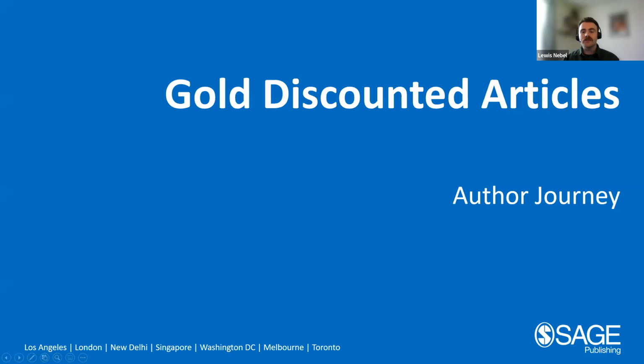I'll now go on to the gold discounted articles. So these are in fully open access or gold journals. This provides a 20% discount on the article processing charge. And as Romy says, the information about which countries are eligible for which discounts and waivers can be found on the EIFL website. And I think this recording is going to be put up there as well. So you may be watching it on that very page.